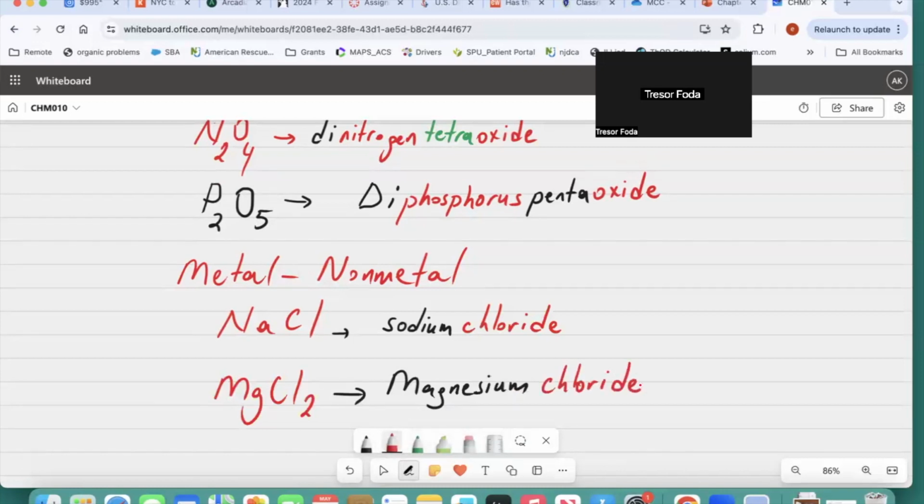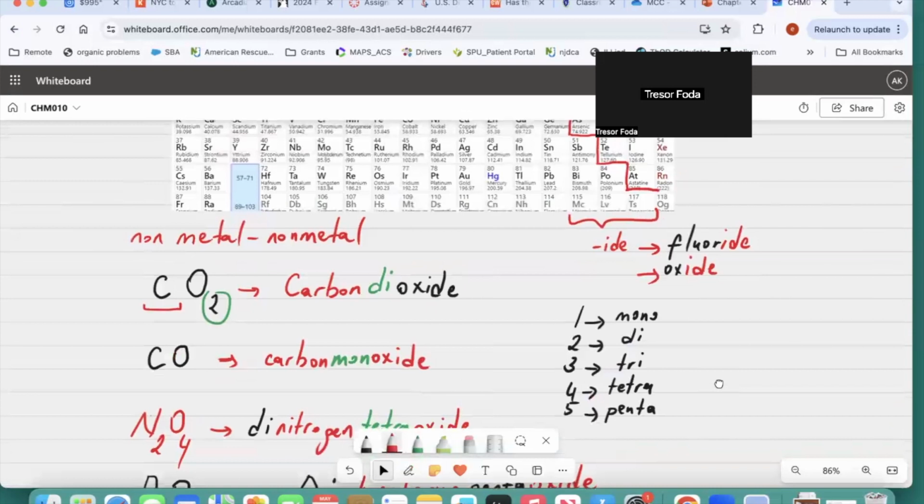Make sense? And again, I'm going to explain in a second why we do that. Because when it comes to naming, we are not going to use redundant information. So telling me that you have two chloride is going to be redundant, and that's why we don't do that, okay? So again, to wrap up what we learned so far, if it's non-metal to non-metal,